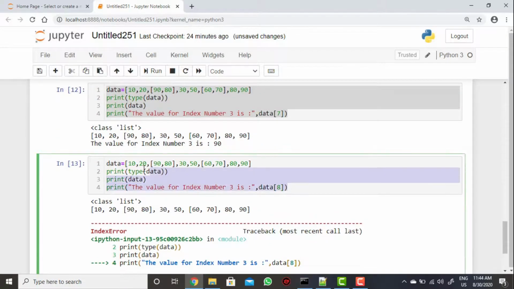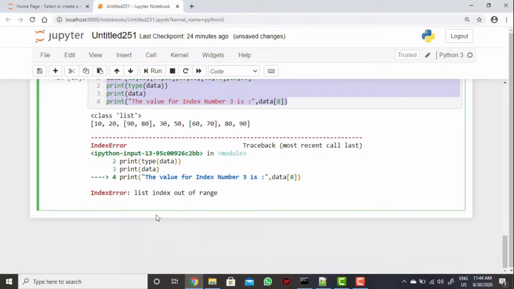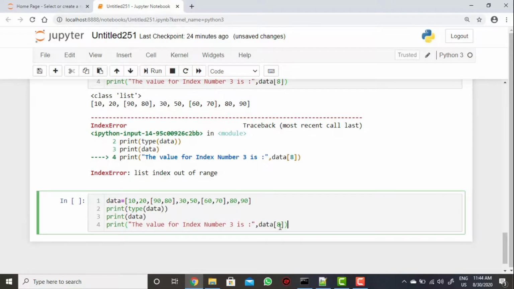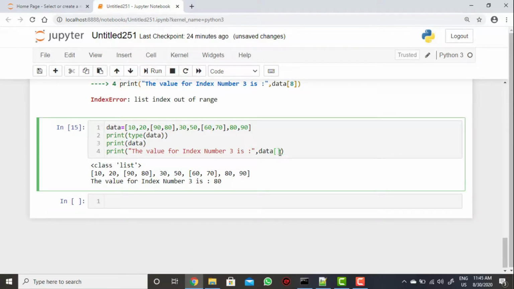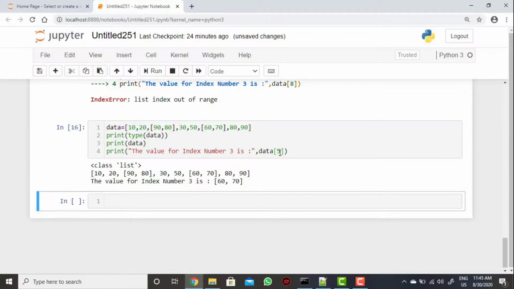Now if I take 6 here, what will the index be? This will be 80. And if I take 5, index number 5 will be the 60 70.